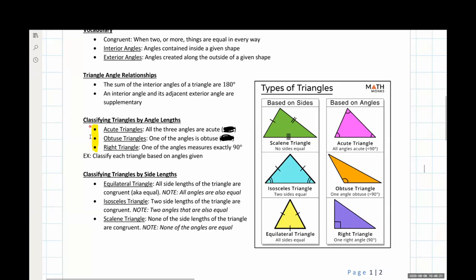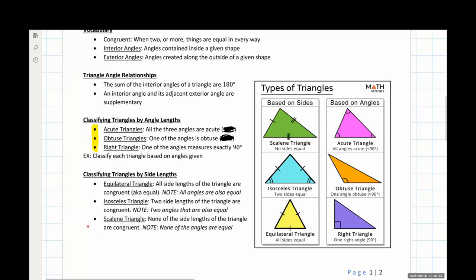So those are our three main classifications for triangles based on the angle measures that we have been given. Now, we generally use these along with the side length classifications as well. So we would have something like an acute equilateral triangle or an obtuse isosceles triangle or a right scalene triangle or something to that effect. We use both of the terminologies that we have here and just classify that as the overall triangle itself.